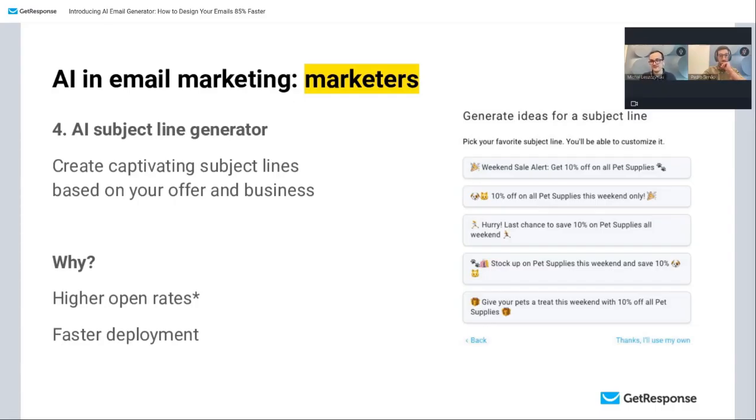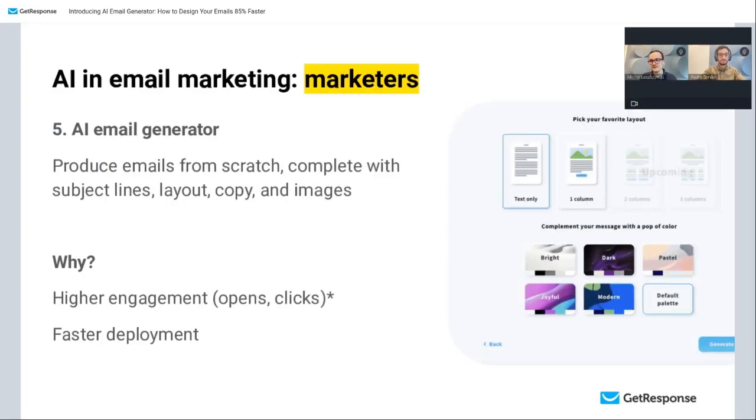Now, luckily, you can use it even if you're a marketer just getting started with a small email list. And finally, we have the AI email generator that is also connected to the subject line generator. What it does, and you're going to see it in a second, is produce an email for you from scratch. And again, this can help you generate a higher engagement rate, and it can help you deploy your email campaigns faster,